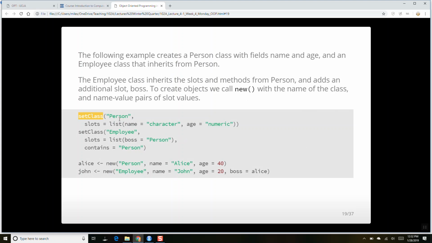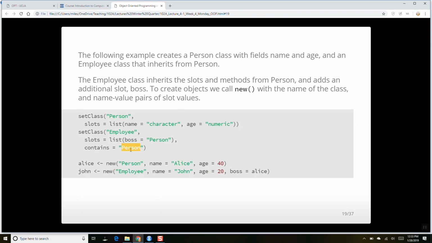Okay, so I think this all works a little bit better by example here. We're going to create a formal S4 class called person. What it will have is name and age. Name is going to be a character vector, and age is going to be a numeric vector. Over here, there's going to be another class called employee, which inherits from person.